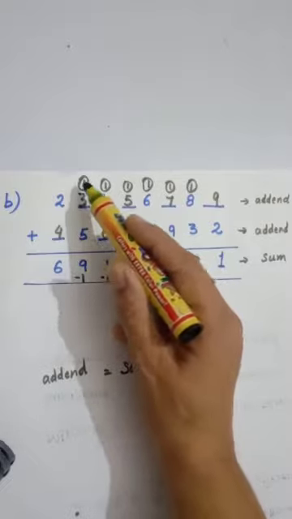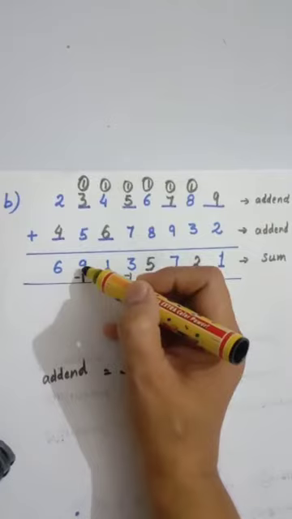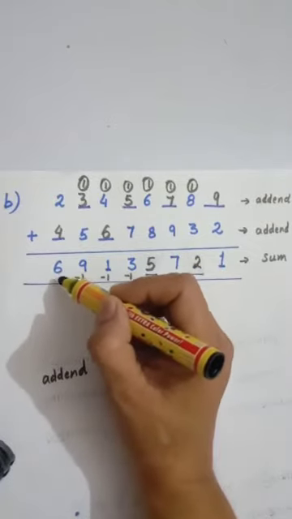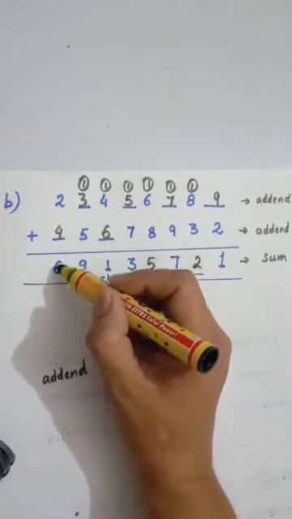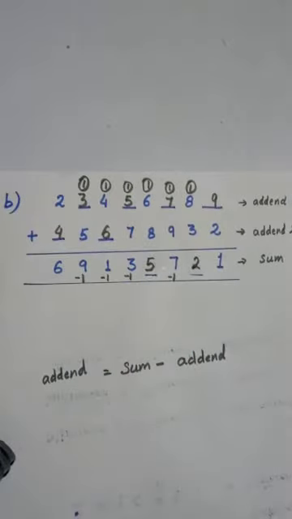So 5 plus 3 plus 1 is 9. Here 9 is bigger than 5, so we will not subtract anything here. 6 minus 2 is 4, so we will get our missing numbers.